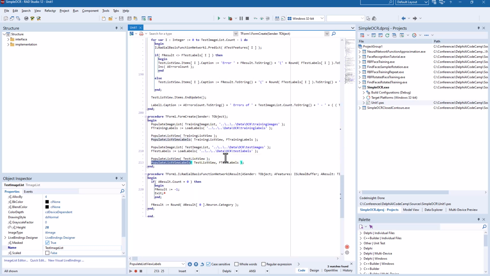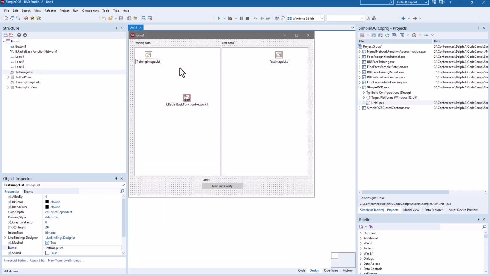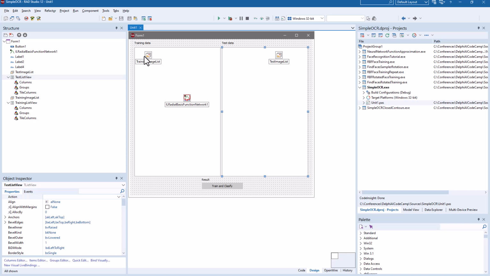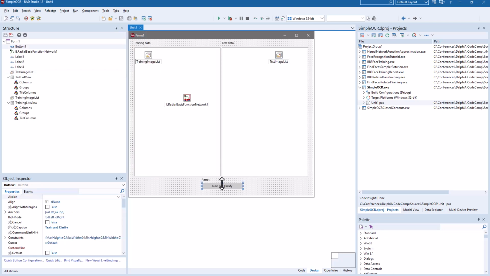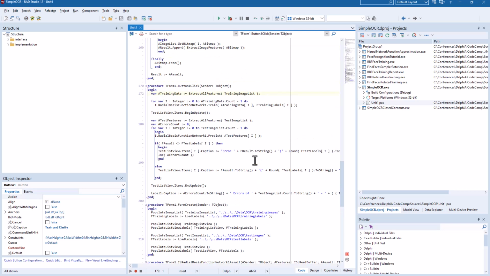We'll do the same for the test list view, training and test list view, and of course we have training and test image lists, which we have populated here. That's all the necessary setup. Now, inside our train and classify event